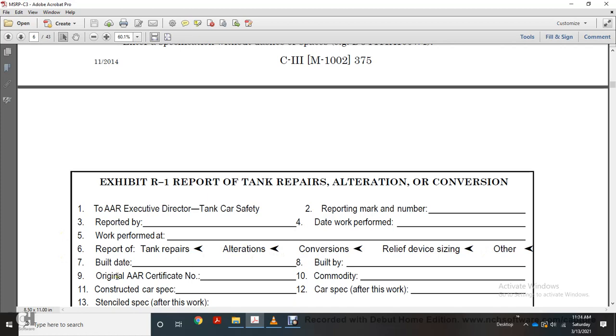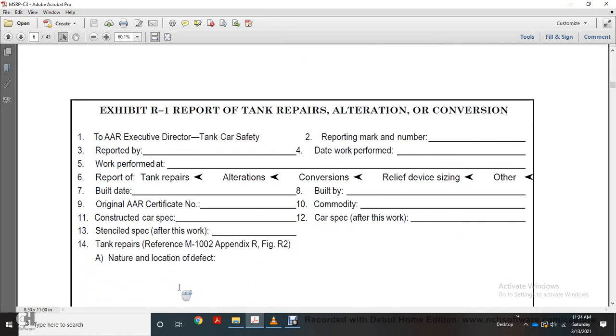7, 8, built by. 9, original AAR certificate number. 10, commodity. 11, the car spec. 12, car spec after work. 13, stenciled spec after this work. Tanker cars reference